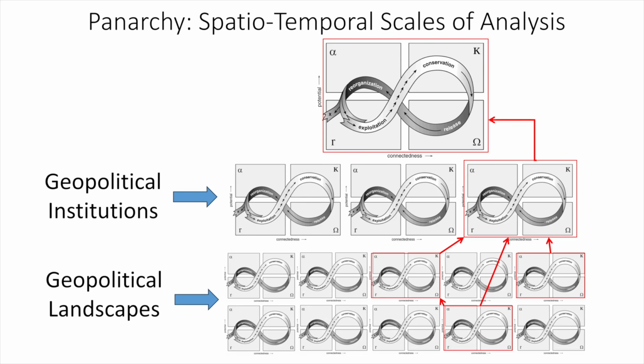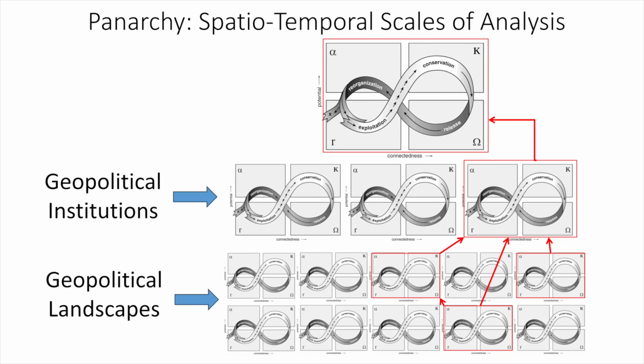Those geopolitical landscapes again are volatile, constantly changing, moving around. We see the formation and dissolution of empires within that landscape scale, and then we have these things that exist at a higher temporal scale that are longer lasting and, over time, more durable. And those things do change. Nothing lasts forever, but they do have a fundamentally different temporality. So this figure is designed to show the interaction between short-term, more volatile political dynamics versus longer term dynamics. And some geopolitical institutions would even go into this most upper level.